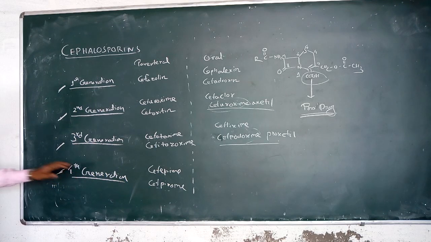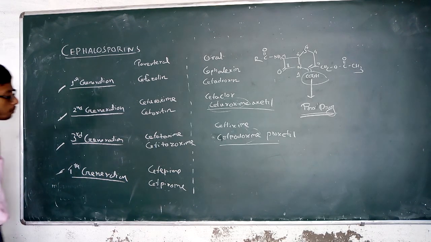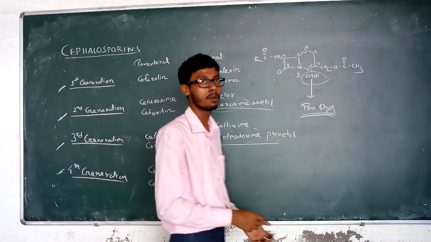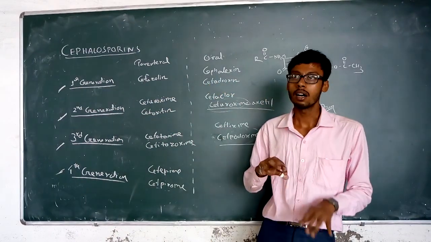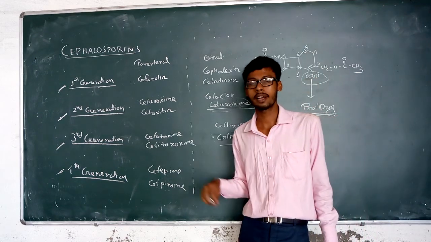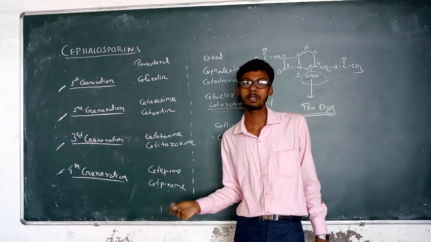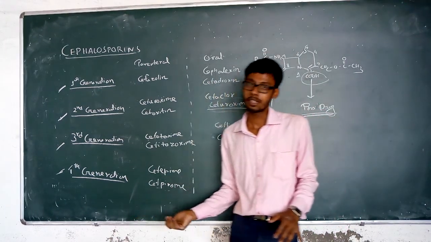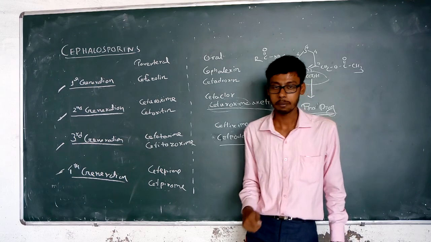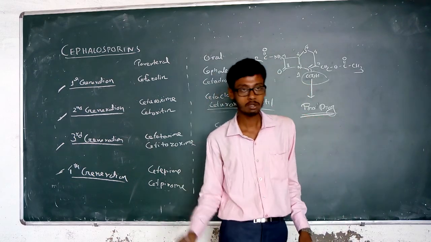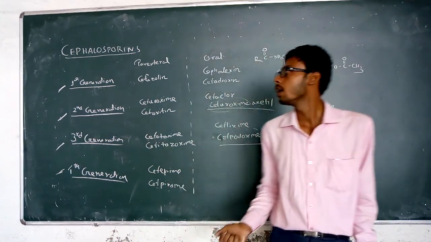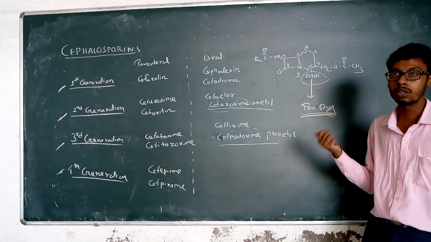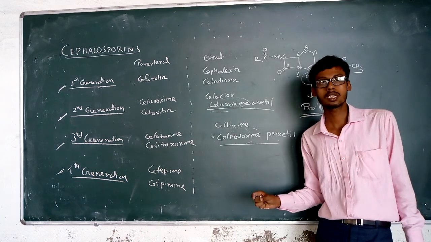the fourth generation cephalosporin derivatives, cefepime and cefpirome. These are examples of the fourth generation. They have broader spectrum, broader antimicrobial activity, and these drugs are also beta lactamase inhibitors. So this is all about the classification of the cephalosporin analogs, and before going to the synthesis profile, which is